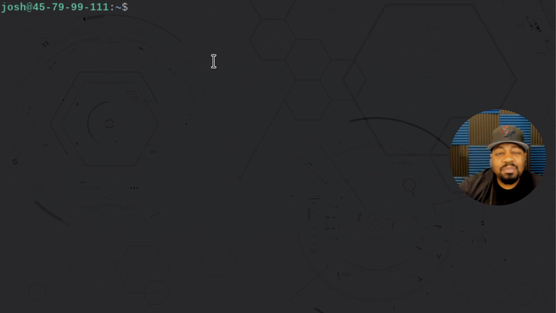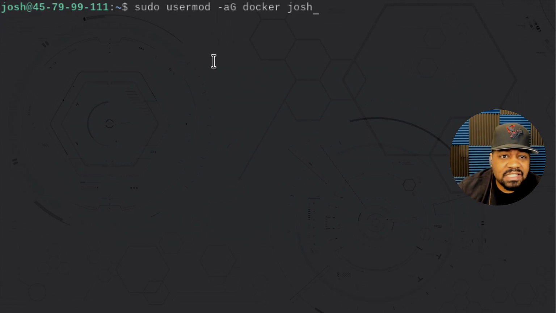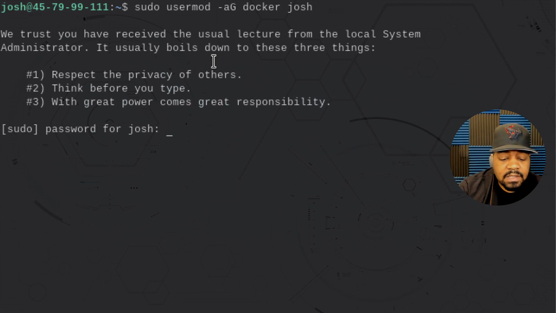Okay, so we have a couple prerequisites. First, you want to make sure the user account is added to the Docker group. So let's type in sudo usermod -aG docker, and docker is the group that's created when you have Docker installed on the system. Since it's a fresh system, I didn't add this user account to the Docker group. So let's add it by typing in our sudo password and pressing enter, and that'll add us